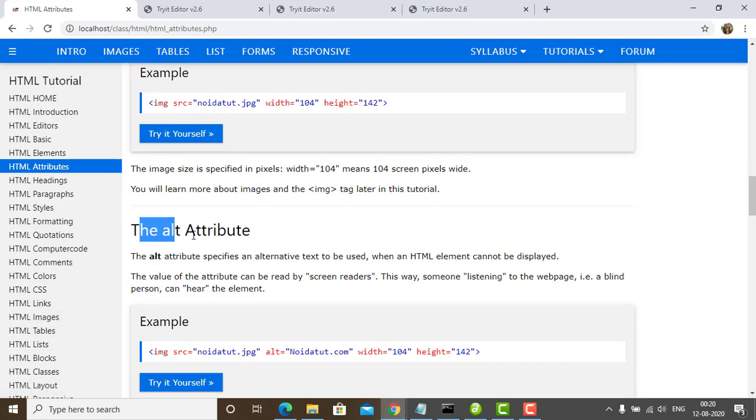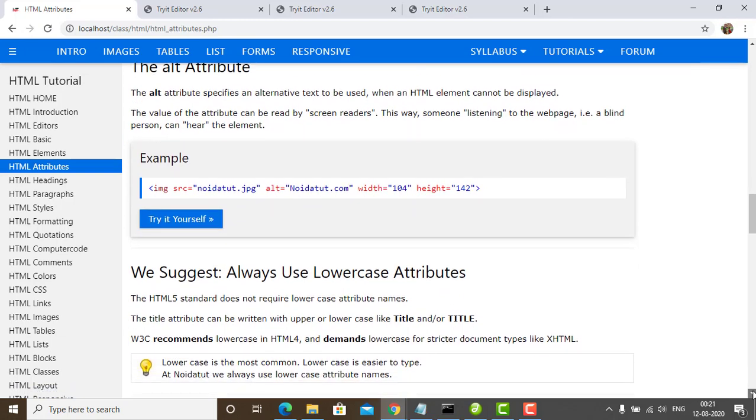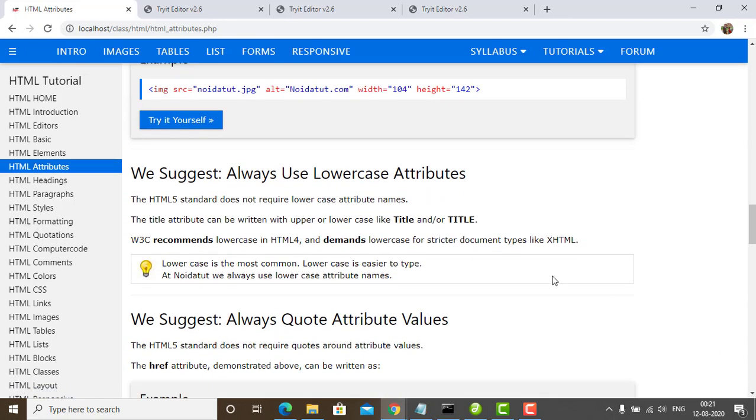Now the alt attribute specifies the alternate text to be used with the image. The alt attribute specifies an alternative text to be used when an HTML element cannot be displayed. The value of the attribute can be read by screen readers. This way someone listening to the web page, that is a blind person, can hear the element.